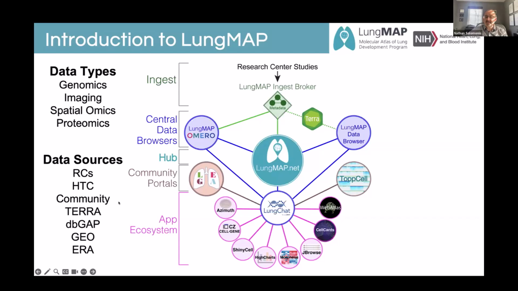We're developing, in LungMAP phase 3, our current phase, disease portals. And those disease portals are attempting to aggregate large numbers of resources from diverse laboratories across the omics spectrum and metadata spectrum to provide both separately and in an integrated fashion to the research community. And we're also obtaining data from other sources like dbGaP, GEO, and ERA.